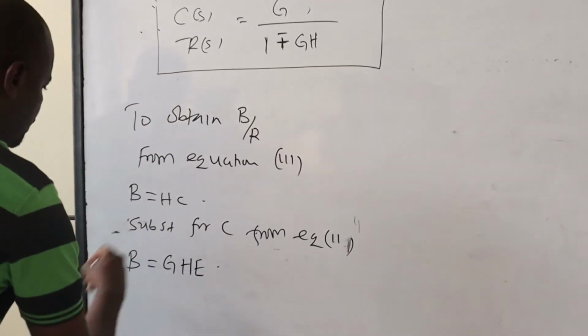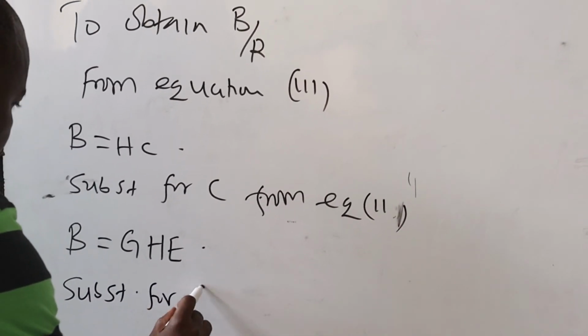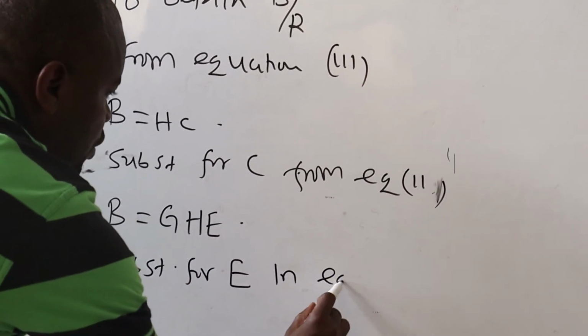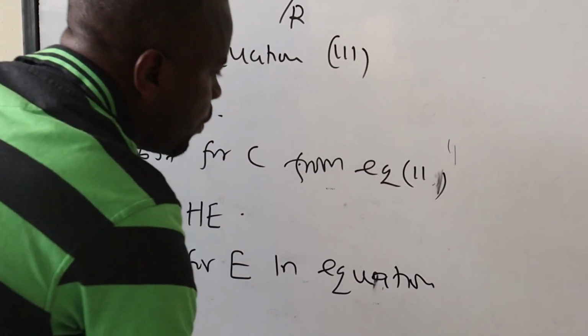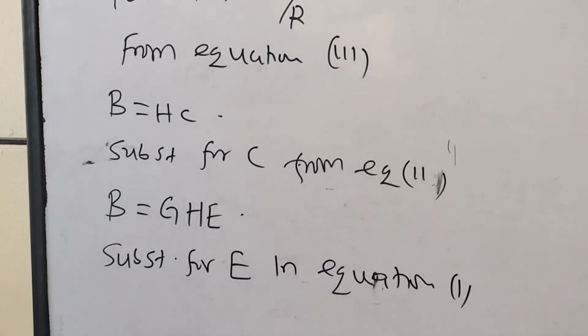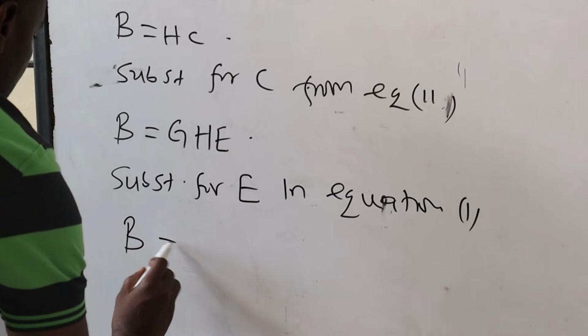Then we know what E is, so substituting for E in equation 1, B is going to be given by